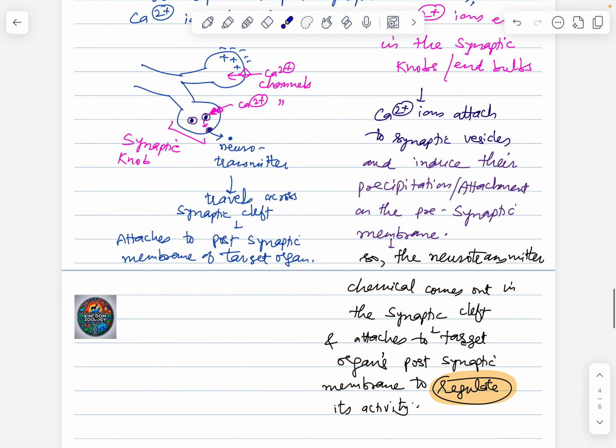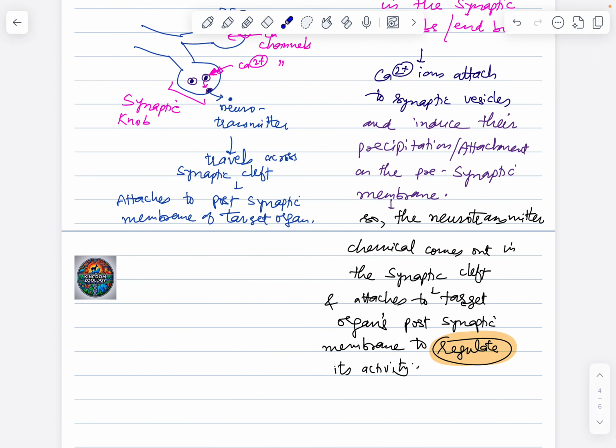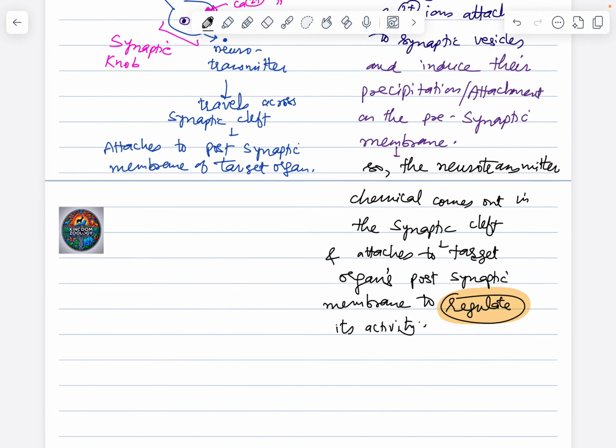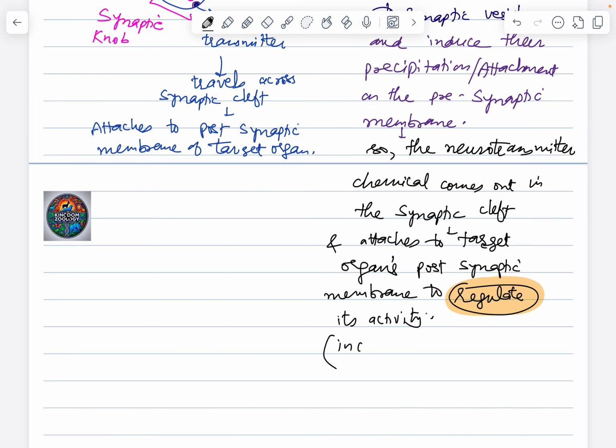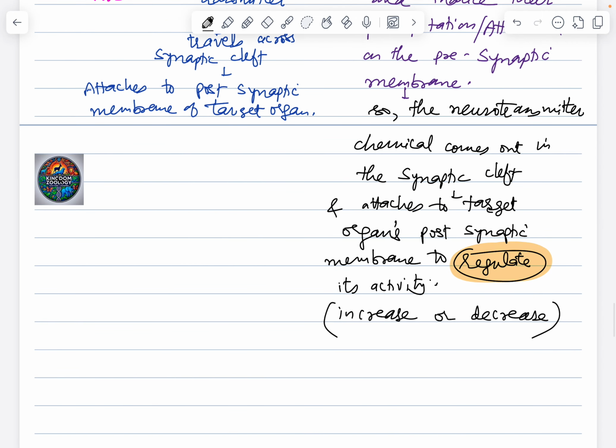So the neurotransmitter chemicals come out of the synaptic cleft, attach to the target organ's postsynaptic membrane to regulate its activity. When I say regulate, increase or decrease, or